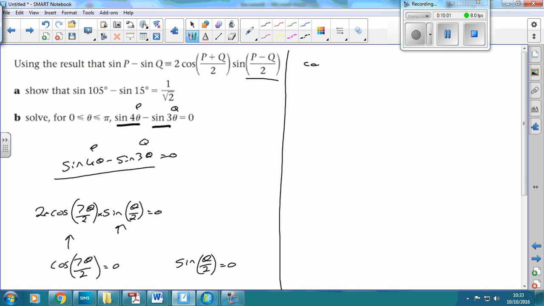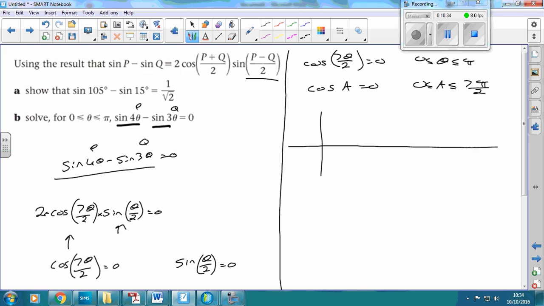So if we've got cos of 7 theta over 2 equals 0, what I'm going to do is replace 7 theta over 2 with a, so cos a equals 0. And instead of theta being between pi and 0, I'm going to multiply that by 7 divided by 2. So a is going to be between 0 and 7 pi over 2. Then if we have a look at the cos graph,